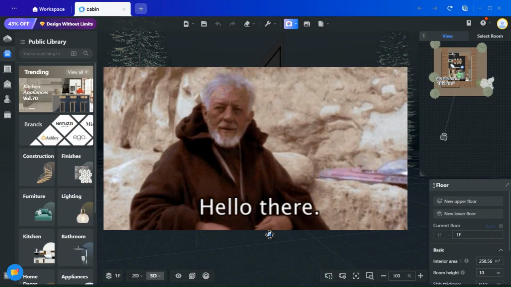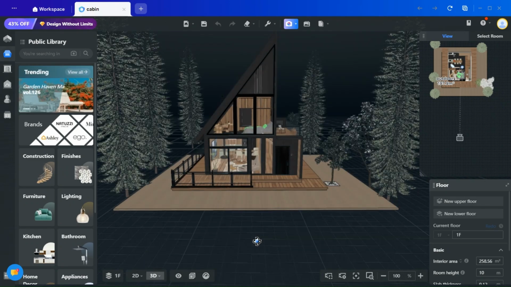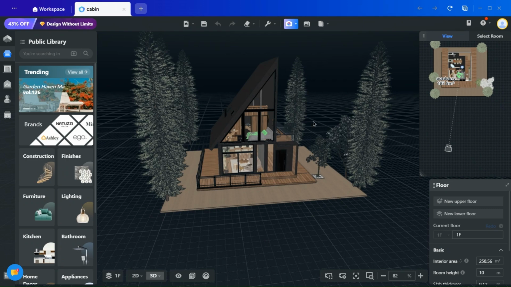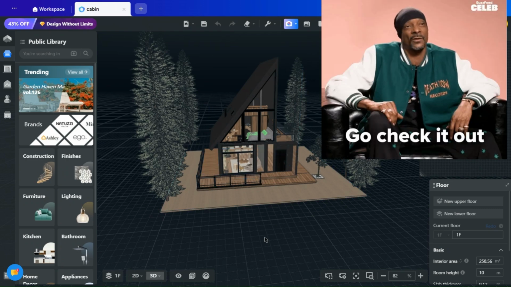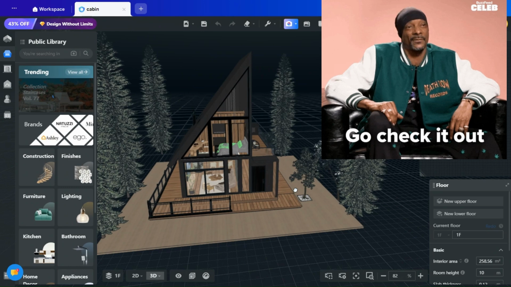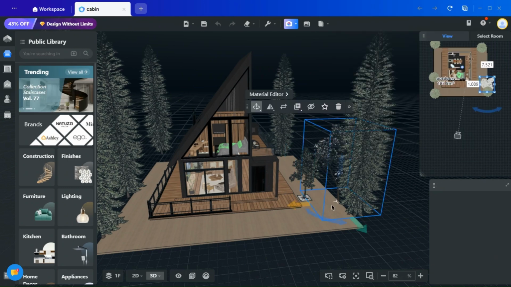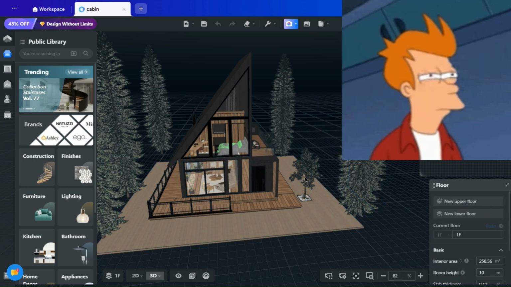Today we're diving into the render tool in Coohom, an incredibly powerful yet often overlooked feature. In our previous video, we built this modern cabin from scratch, carefully constructing the structure, sectioning different areas, and adding the top layer using the custom modeling tool. Now, it's time to bring it to life with high-quality renderings,